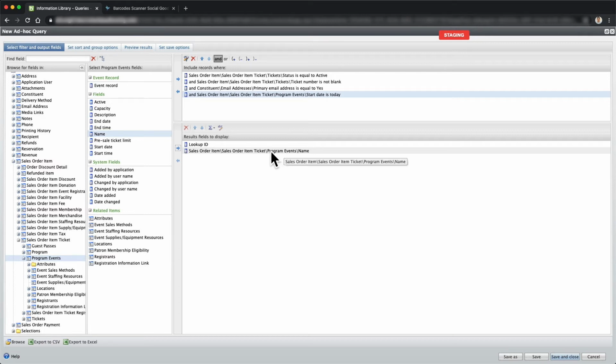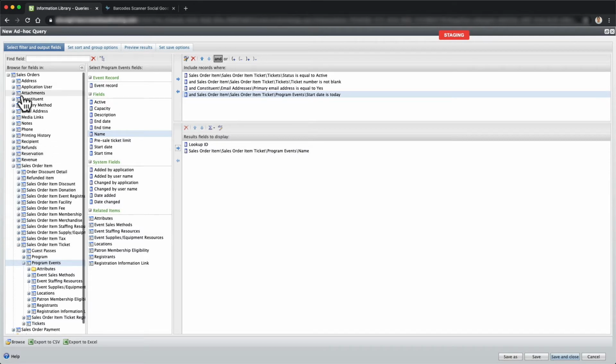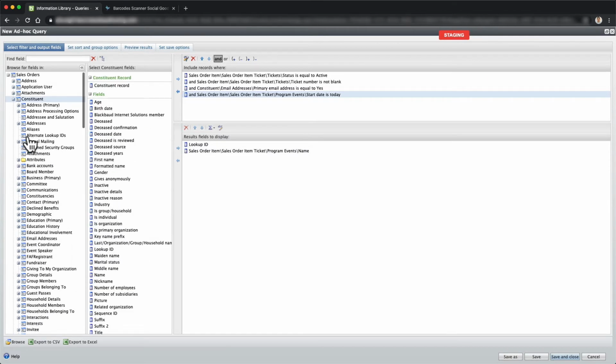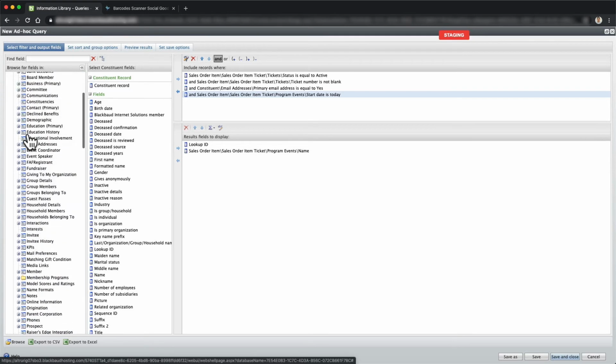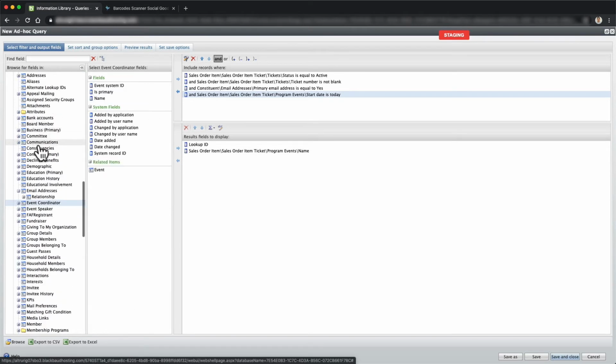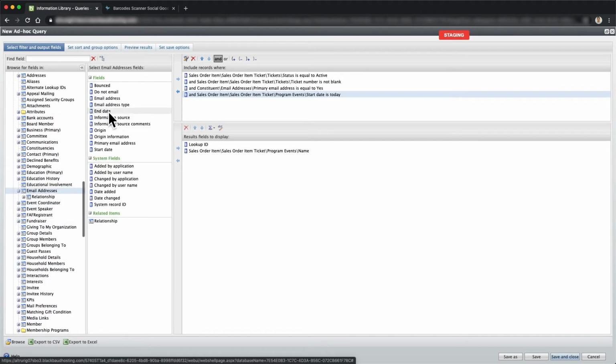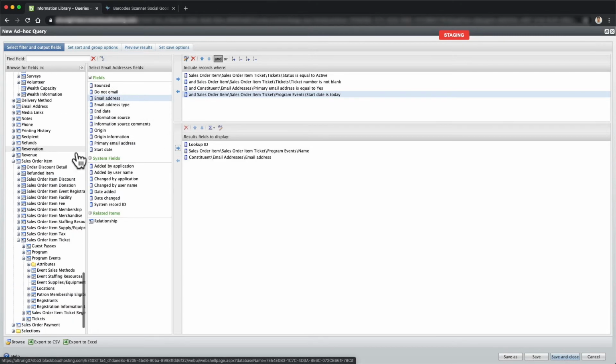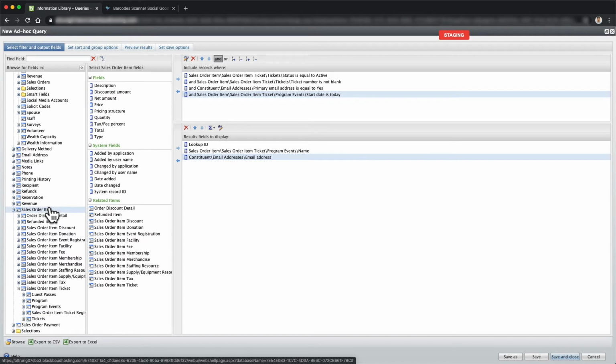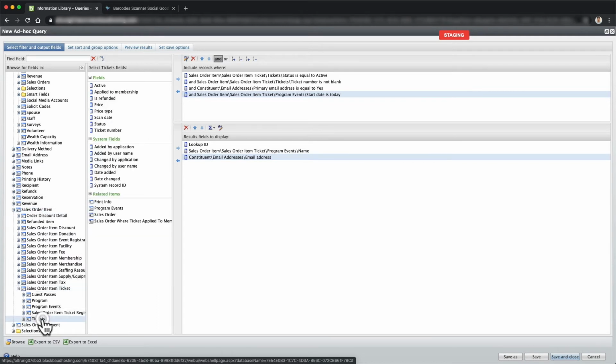But in our case, we don't, so we're just going to keep it as is. Now we're actually going to add the constituents email address. We're going to go constituents, email address, and we're going to do email address, move that over. There we go. So then now we're going to go sales order item, sales order item tickets, tickets, and we're